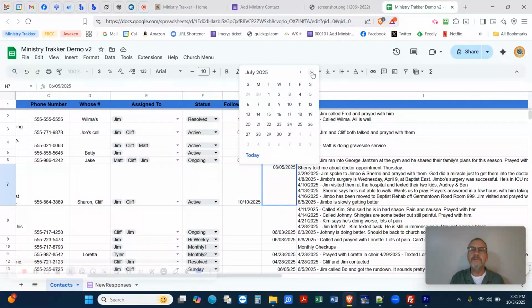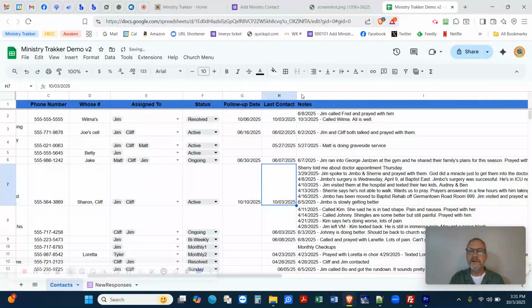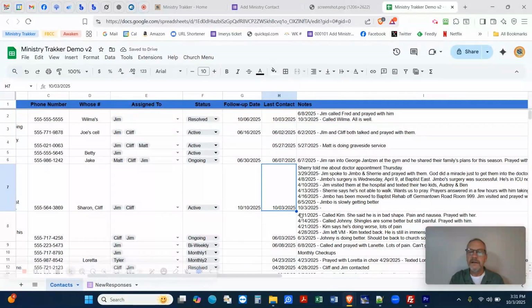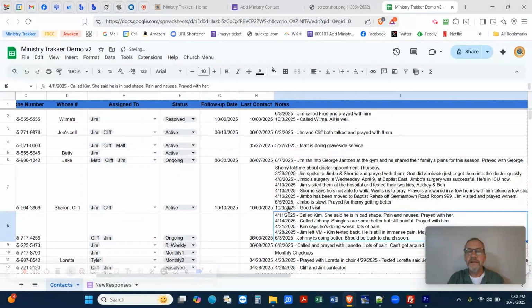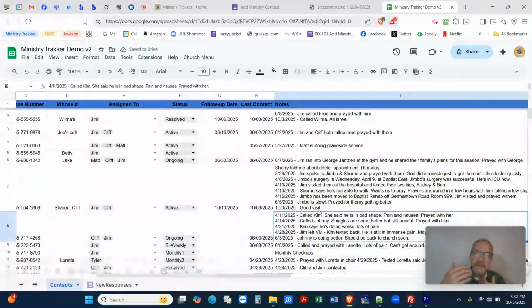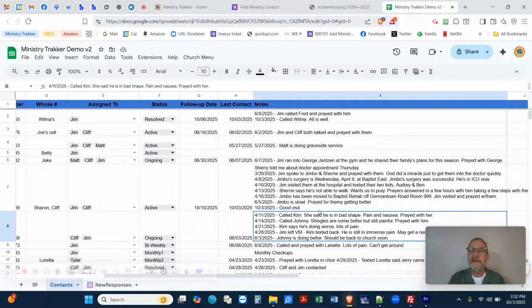Let's put our contact date as today, and you're going to see it automatically pops up with the date in the notes field, allowing you to enter the notes for what you did today. Good visit, prayed for them. And so you just enter whatever you've done in the notes section. It keeps track of it.